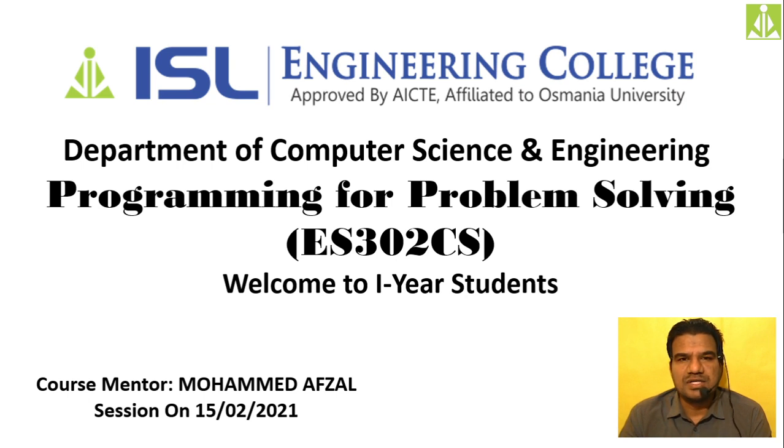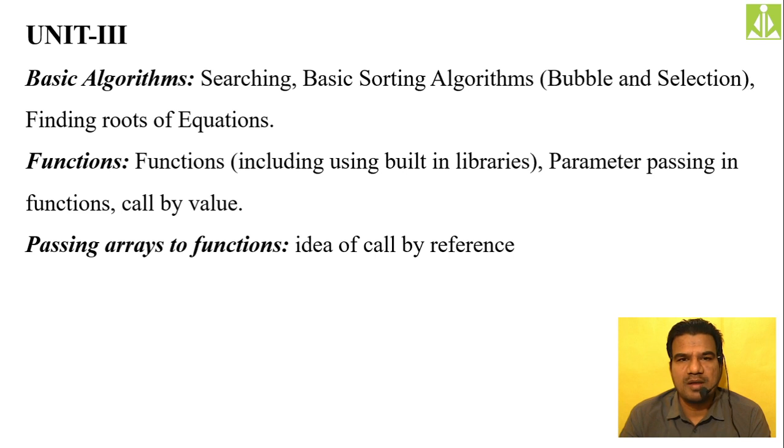If a function has parameters, we say it is a function with parameters. If a function does not have any parameters, we say function without parameters. Based on these four return value and parameter combinations, we classified basic function design into four: void function with parameters, void function without parameters, non-void function with parameters, and non-void function without parameters. All these we discussed in detail in our previous session.